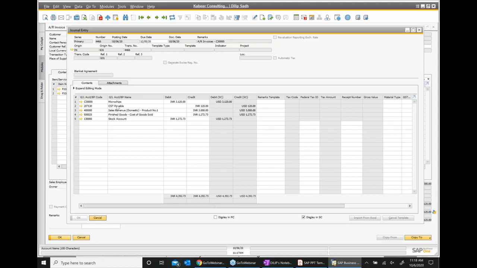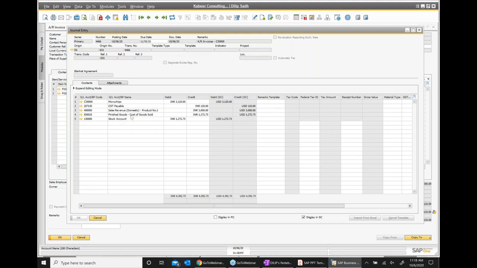So because of the negative transaction, second row. The first three entries are because of my invoice. These two at the bottom are because of that negative entry. And what is that?